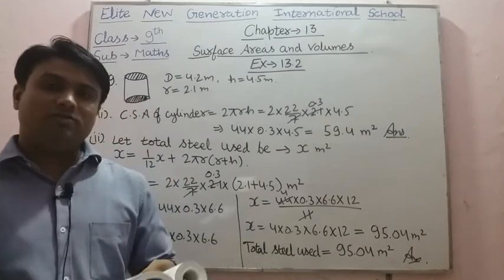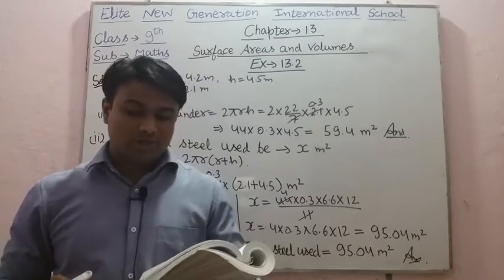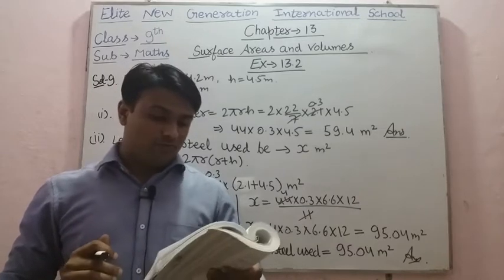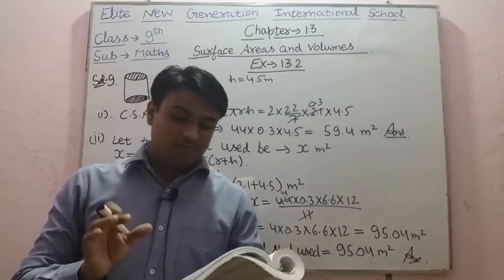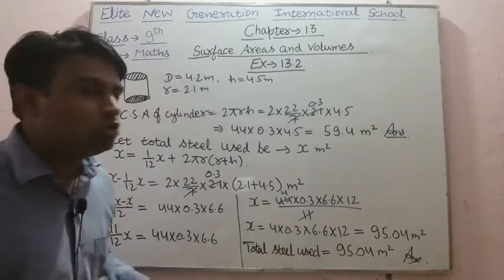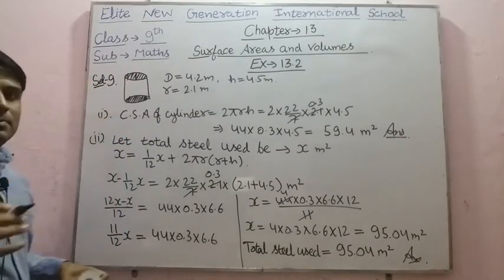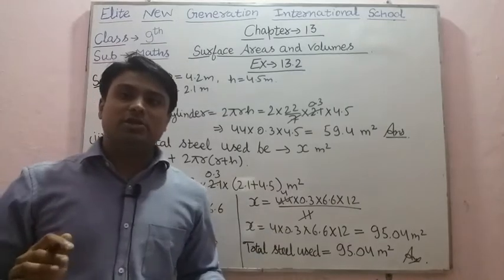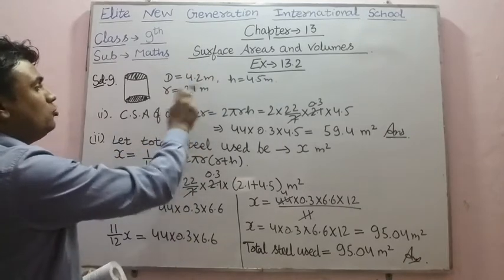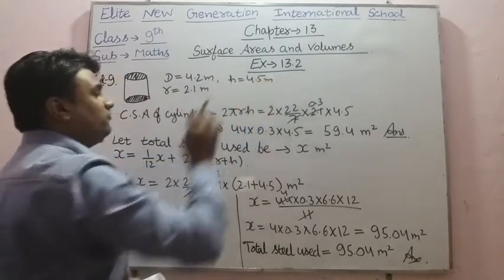So in question number 9 we have to find first the lateral or curved surface area of a closed cylindrical petrol storage tank, that is 4.2 meter in diameter and 4.5 meter high. So here we have given a cylindrical tank, that is a closed cylindrical tank. If we are talking about a closed cylindrical tank, that means it is closed at the top and bottom. But we have to find its curved surface area or lateral surface area, where diameter is 4.2 meter, so radius will be 2.1 meter, we can divide it by 2, and height is given 4.5 meter.